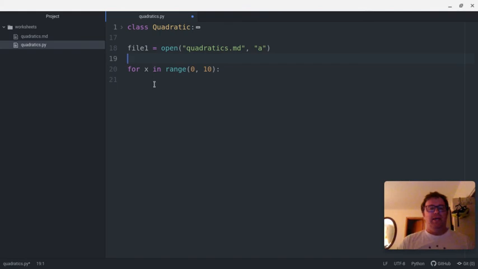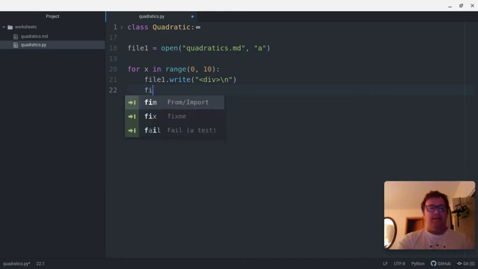Okay. So what we're going to do is create a div for each problem. So I'm going to say file1.write, and then we're going to write an opening div, and we want to kind of format our code a little bit. And maybe we use like atom beautify later, but maybe not, whatever. Or beautify, I think is the name of the extension. So anyways, we'll do